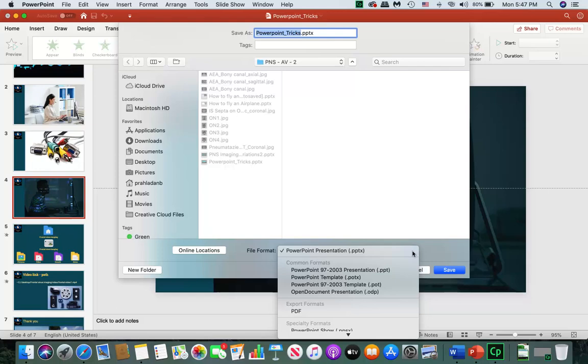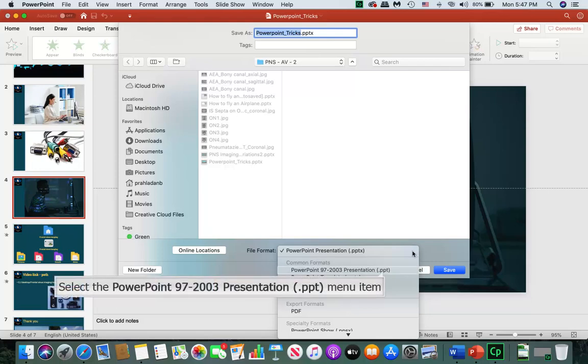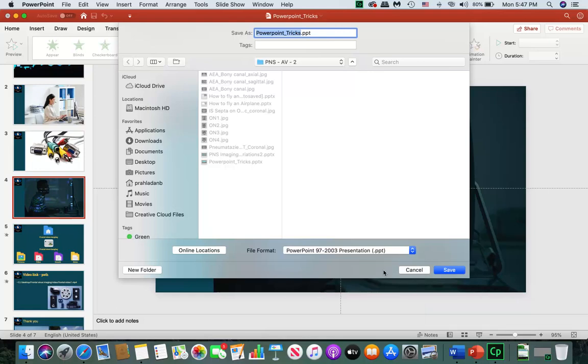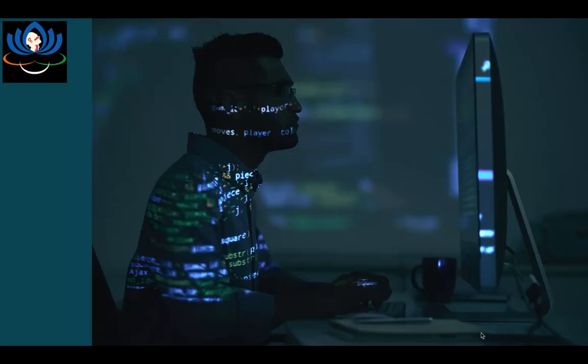The first version is PowerPoint 97-2003 version, that is the PPT version, the older version of PowerPoint. If I click on that, this file will be saved as an older version. Another new file will be made in this name. That is how we save. Anyway, right now I'm not going to save this file in an older version.